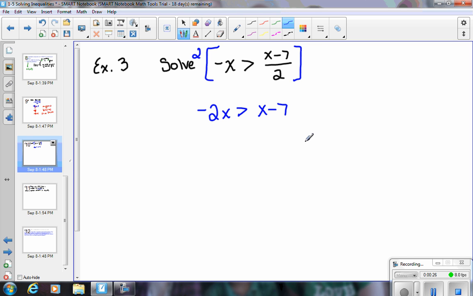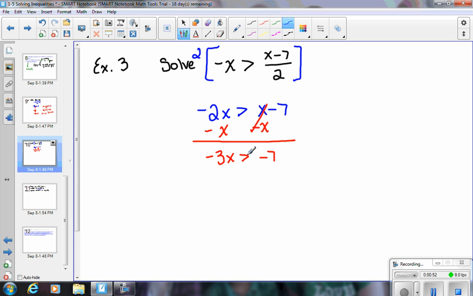Now remember, if you do use fraction busters and you multiply by a negative value, don't forget you do have to flip the inequality. Next, I'm going to get the x's on one side, and I'm going to get them on the left side. So I'm going to subtract x from both sides. So I end up with negative 3x is greater than negative 7. Now I was subtracting an x, I wasn't multiplying or dividing, so I don't have to worry about flipping the